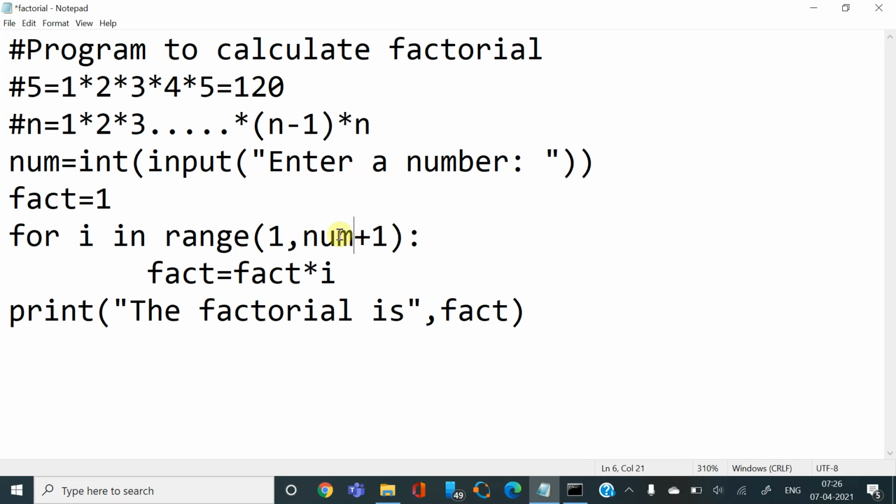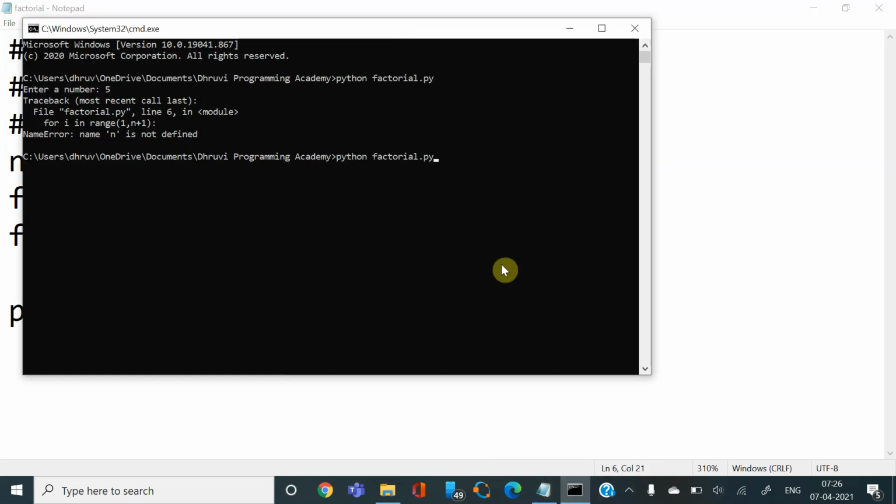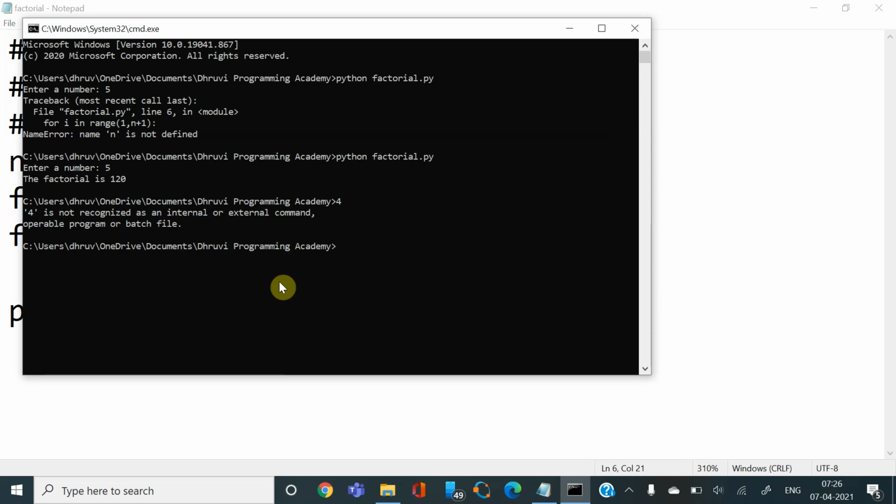So if we would have written n here, then n was fine here, but now it could not find n. Okay, so we'll save this program and run this again, and see the factorial is 120. Again, you could get the factorial of any number, right?